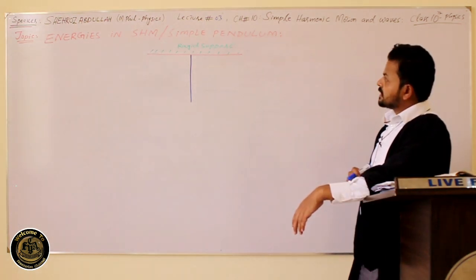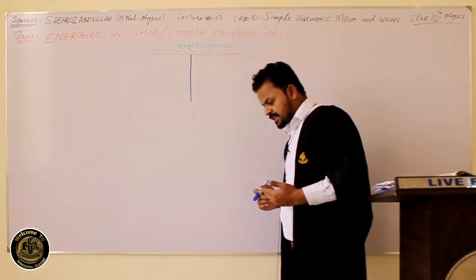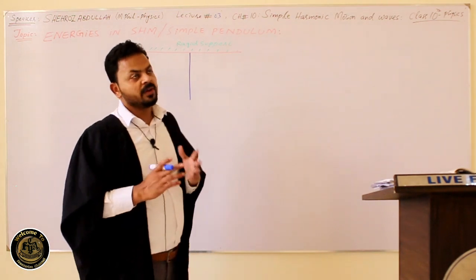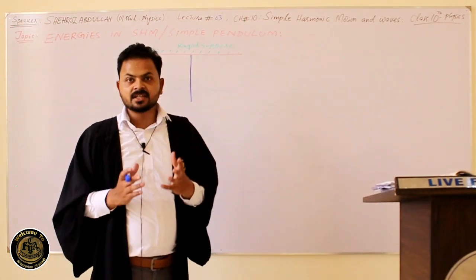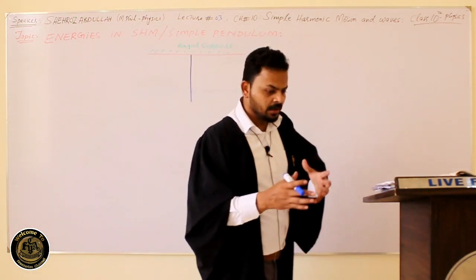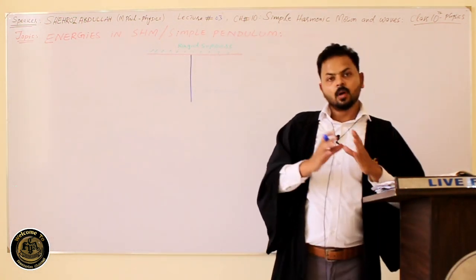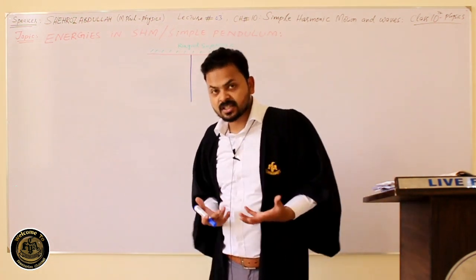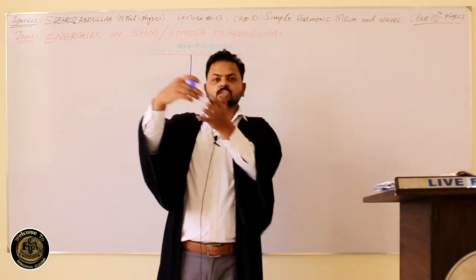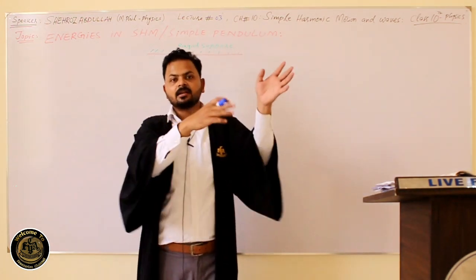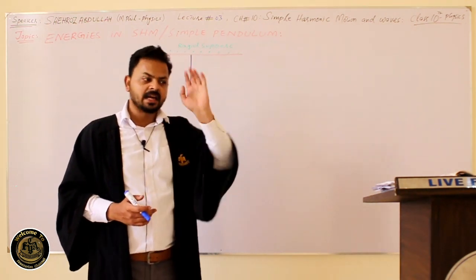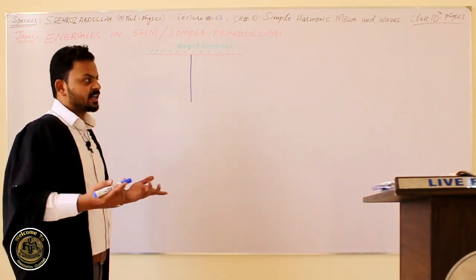Now let's discuss energies in simple pendulum. There are basically two types of energies: kinetic energy and potential energy. Now we will discuss the energies of simple pendulum when the metallic sphere is at mean position and when it is at extreme position, and what kind of increase or decrease or variations appear when the metallic sphere moves from point A to O, O to A dash to O, then again it is revolving between 3 points like A dash, A, and the midpoint, central, equilibrium point, that is O.